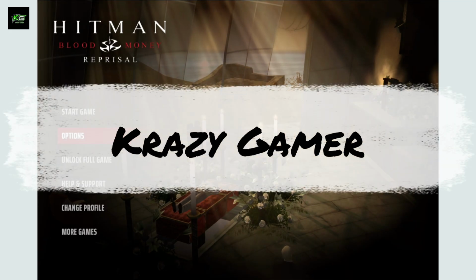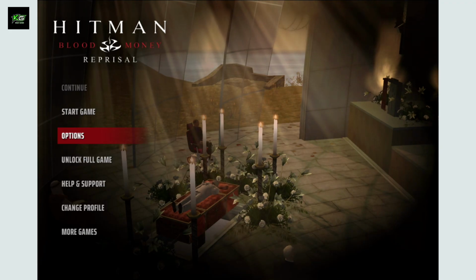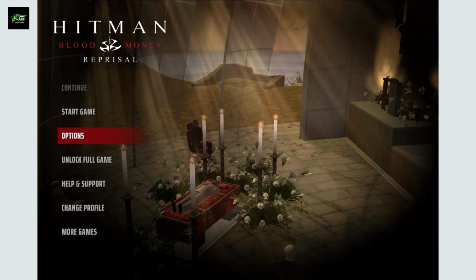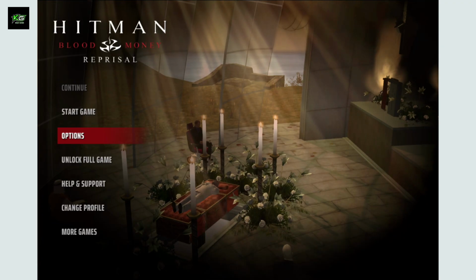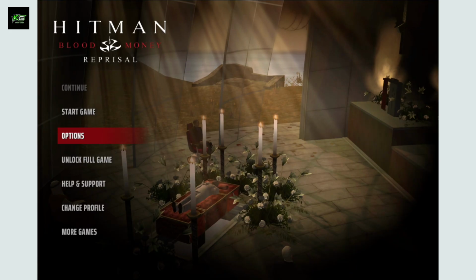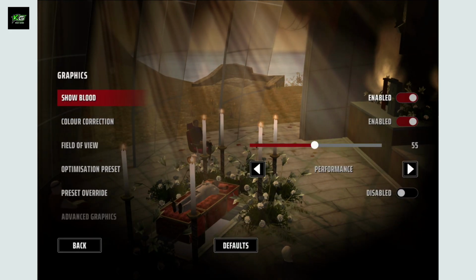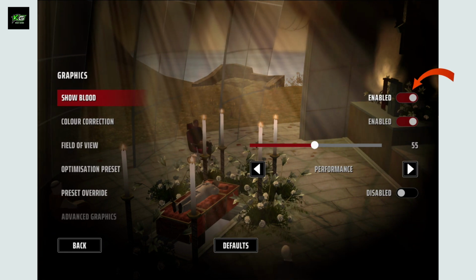In Hitman Blood Money Reprisal, you can easily disable the blood effect in the game. So in order to do that, first of all, launch the Hitman Blood Money Reprisal game on your device, and once you're inside this menu, go ahead and tap on the Options tab from the left. Now click on Graphics. Inside Graphics, look for this Show Blood option and toggle off the switch right next to